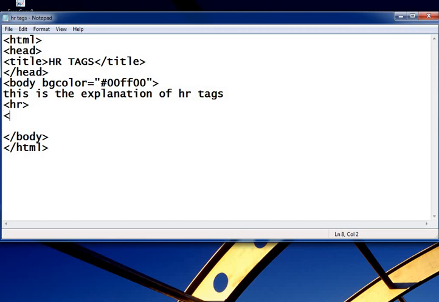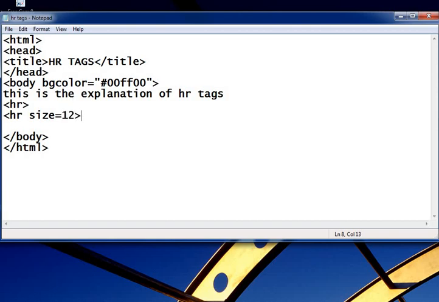We know the attributes of HR tag are size, color, width, align, and noshade attribute. So first we can apply HR size, the line size. HR size equal to, we can write size maybe 12.